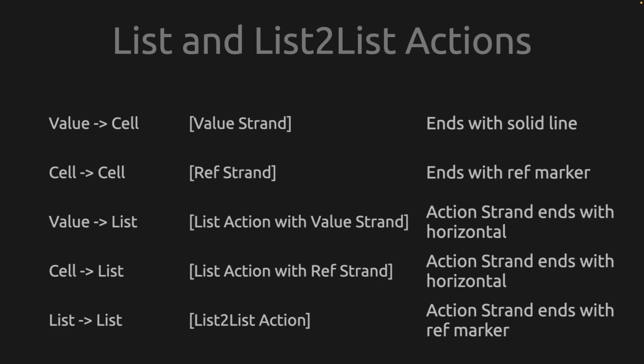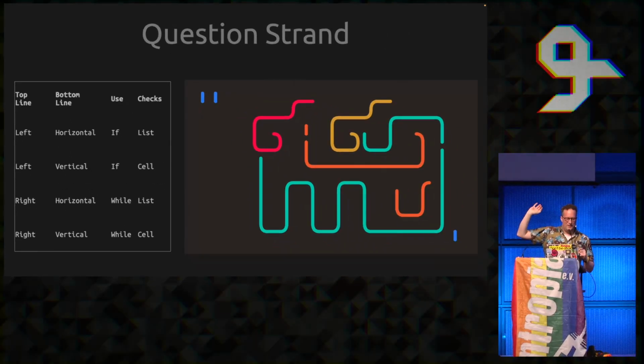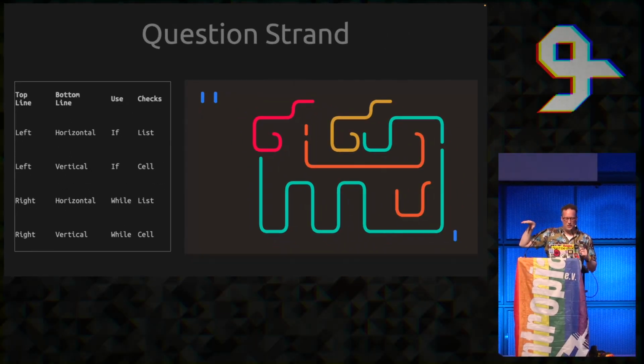Then, of course, we have to be able to do the rollbacks, and that's done with question strands, which is 2 strands, one above the other, that don't have any hook, and they sort of meander through the space usually. Basically, if it ends to the left or the right from where it began for the top element, and whether it ends on a horizontal or vertical for the bottom one, it rolls back the last block of code if what it's referring to, the list or the cell, is 0 or less.